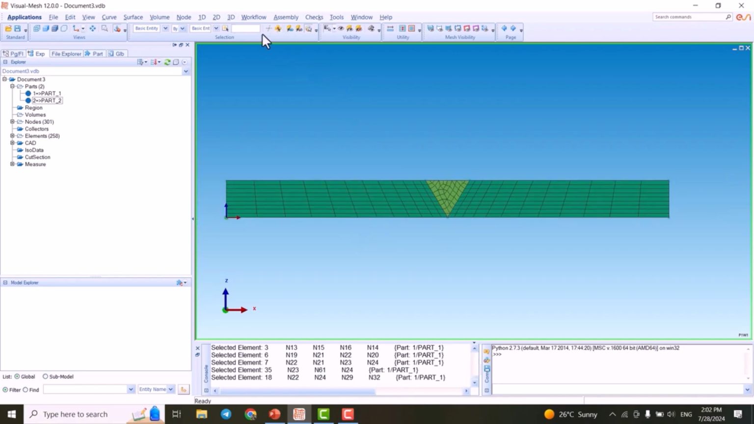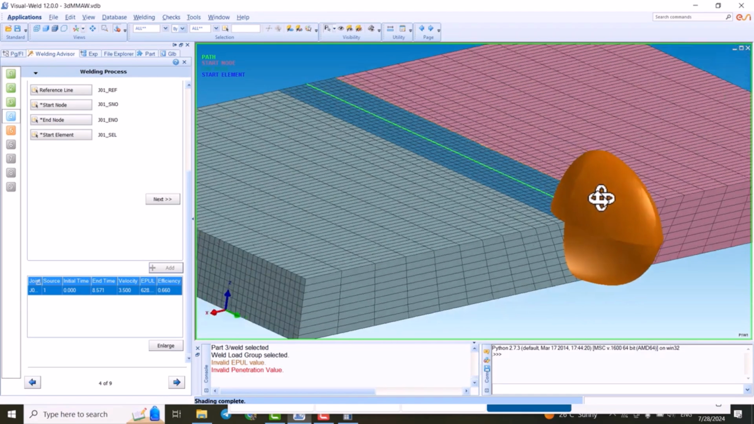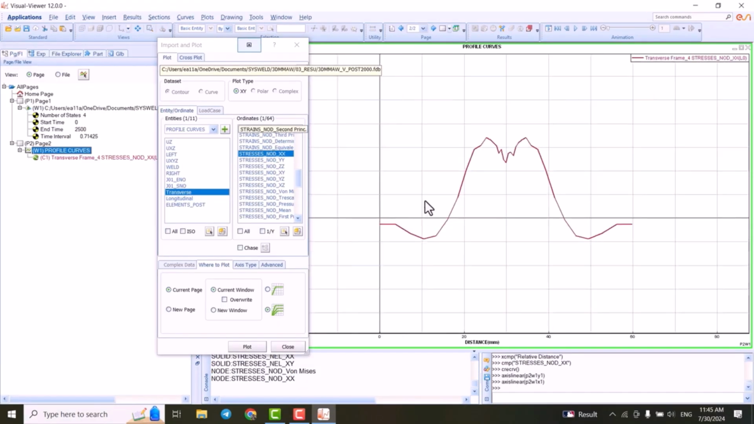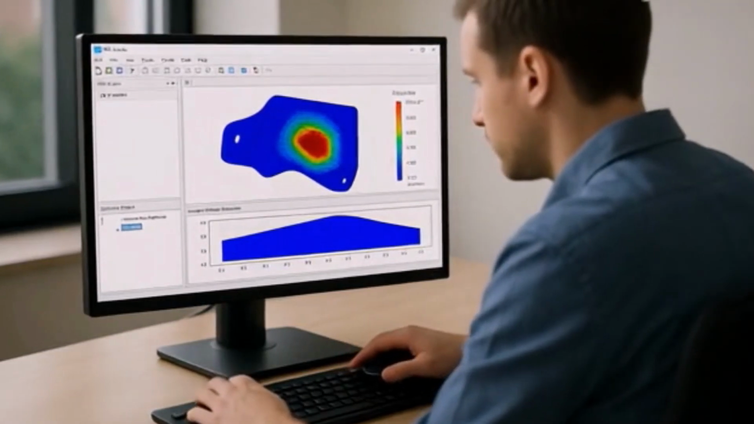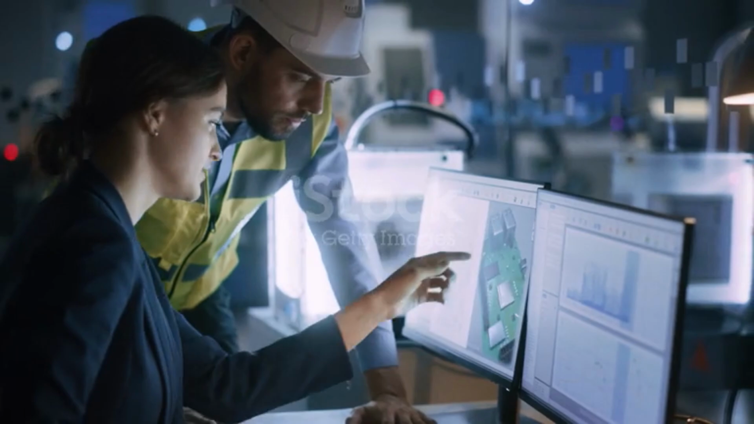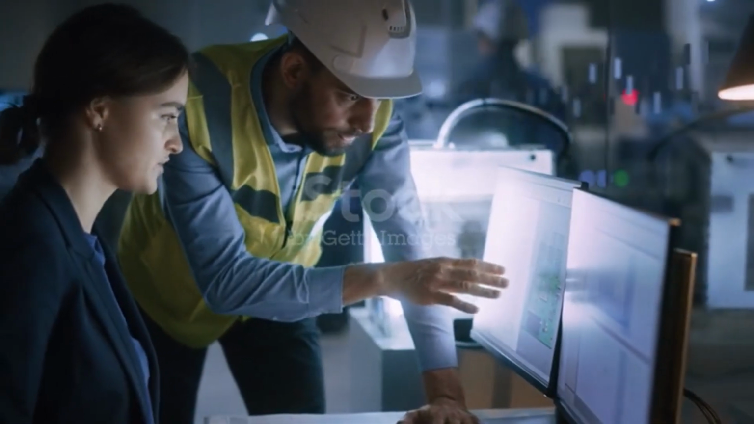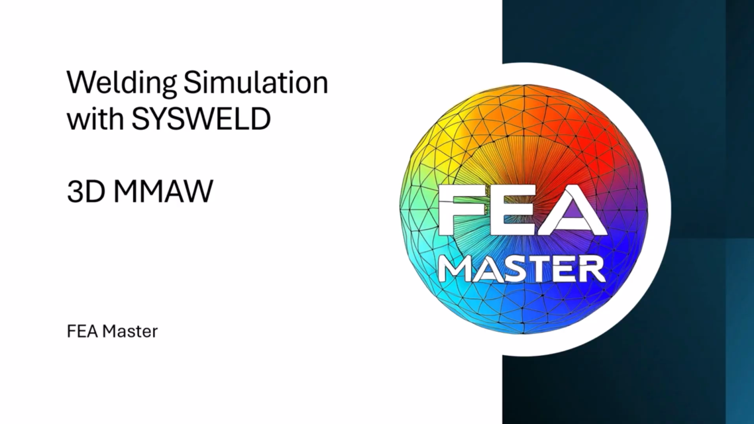Step by step, you'll see how to create the geometry, define the mesh, apply the heat input, and finally analyze the stress distribution left behind after welding. By the end, you'll not only understand how to set up a 3D SYSWELD model, but also gain valuable insights into residual stress prediction for real-world applications. Let's get started. In this tutorial, we want to go one step further and perform a 3D manual metal arc